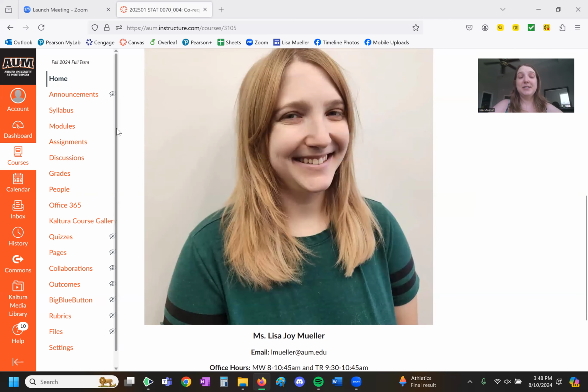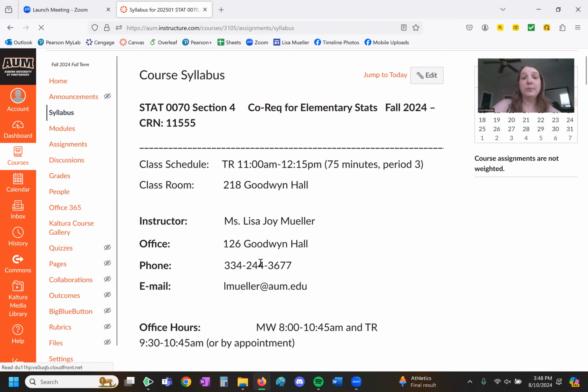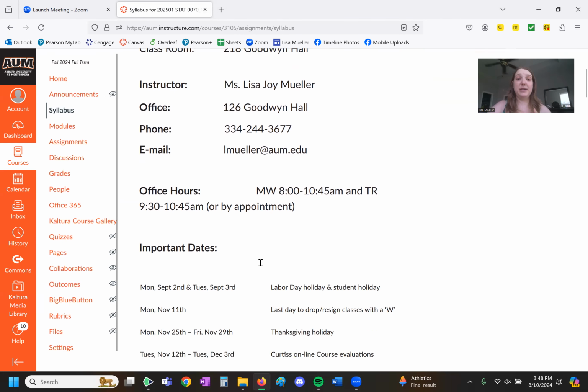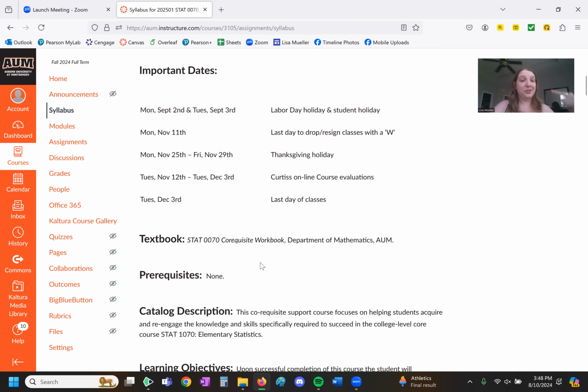So let's go to that syllabus tab so we can learn a little bit more about the class. There's information about where we're meeting, what time we're meeting, information to contact me, my office hours, and some general important dates. But what's really important on this page is that workbook that you are going to have to purchase